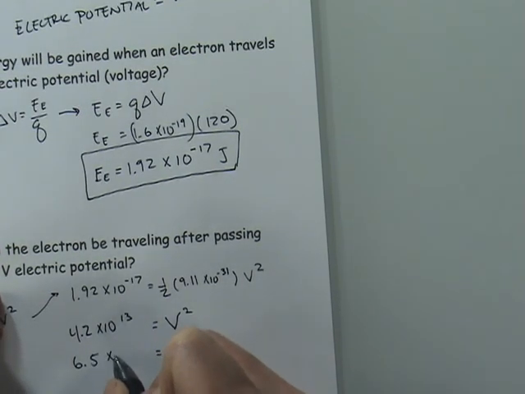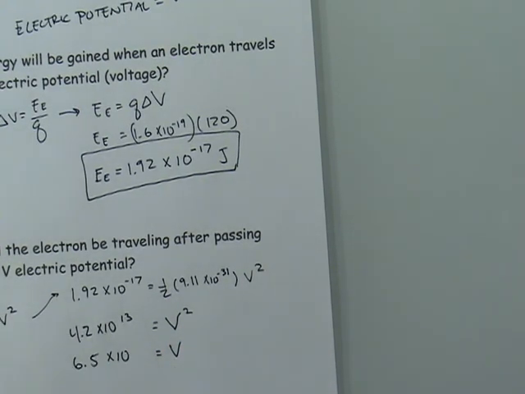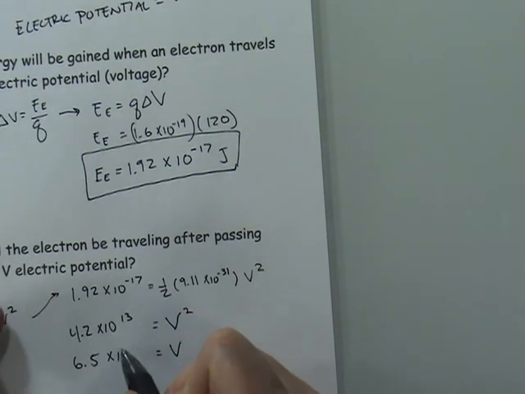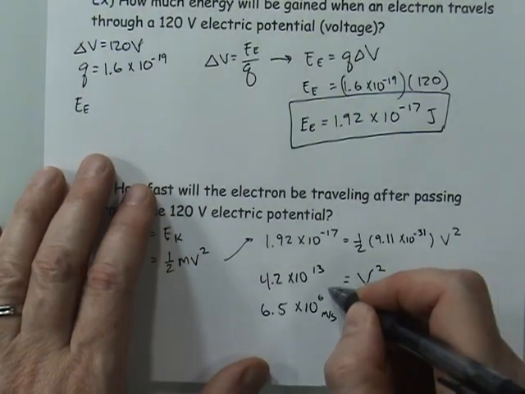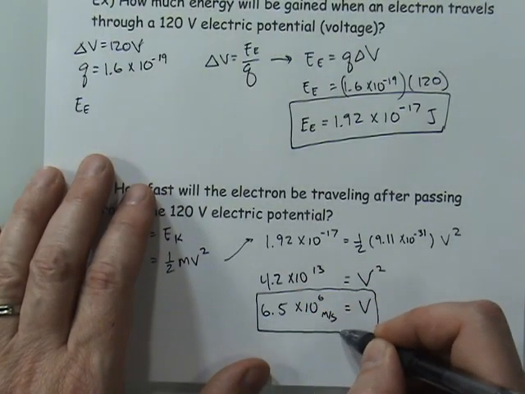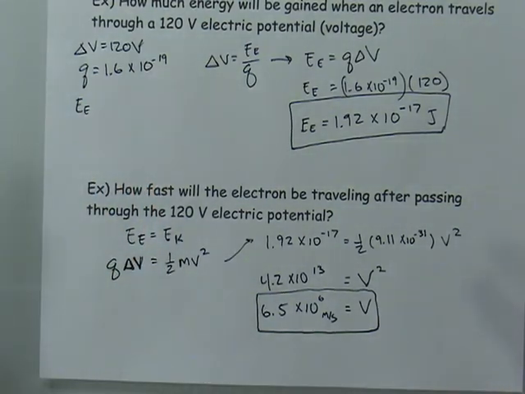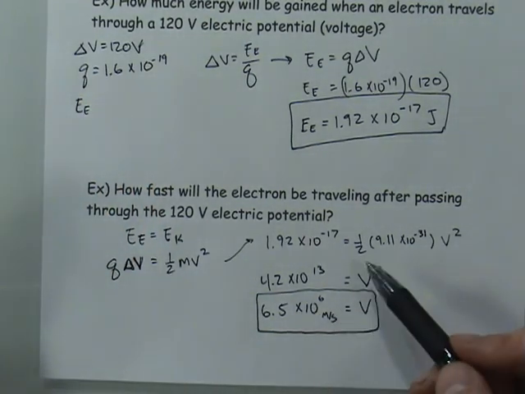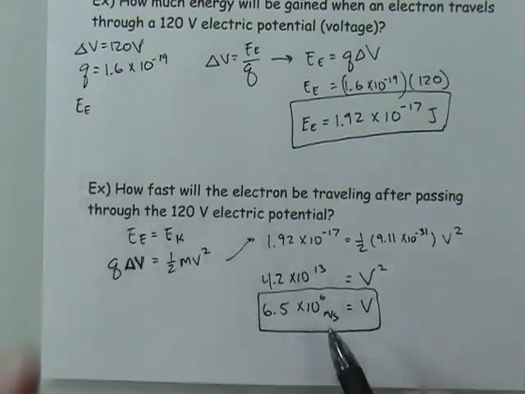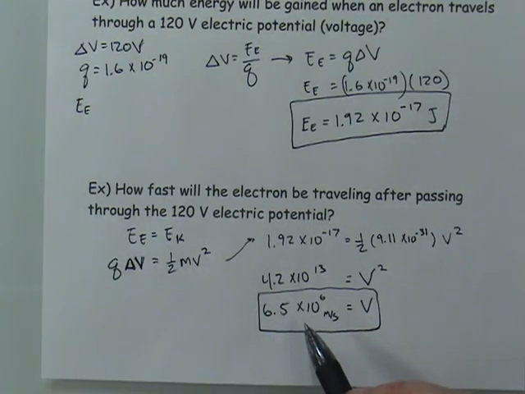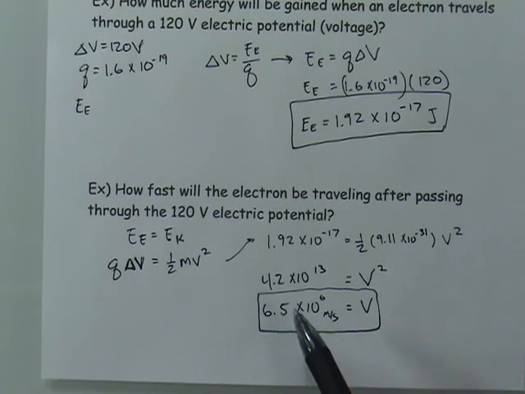6.5 times 10 to the 6 meters per second. Okay, and I really want to put this into perspective. You're talking about sending an electron through the electric potential difference that's everywhere in your house. Every wall outlet in your house has about 120 volt electric potential difference. So if you were to allow an electron to experience that 120 volt potential difference, you would end up with a speed of 6.5 million